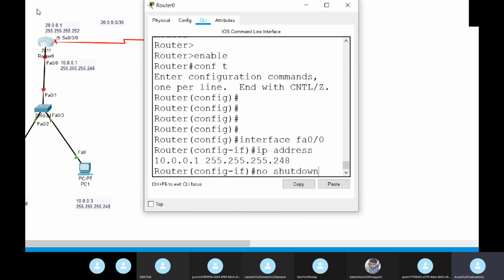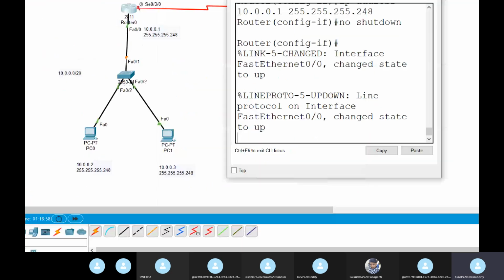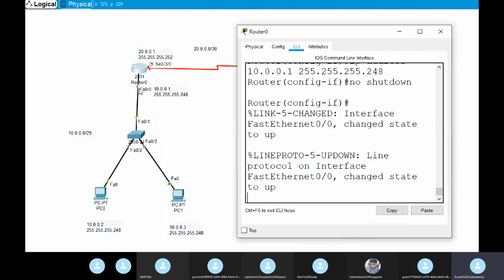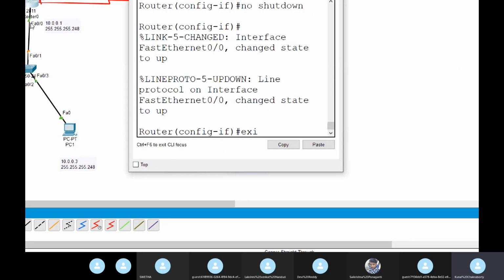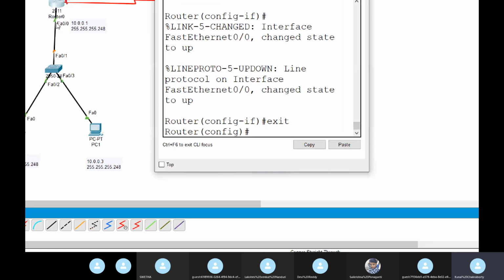Now when I enter, you will see here from red it has turned green. Now you can see here it's written interface FastEthernet 0/0 changed state to up. That means connection is up. Now exit, because my work is done. I have assigned the IP address inside the interface.